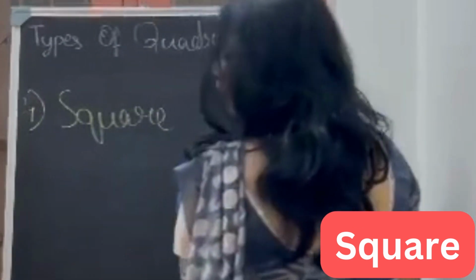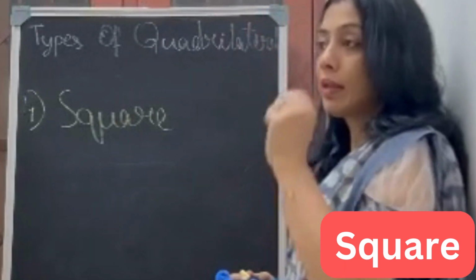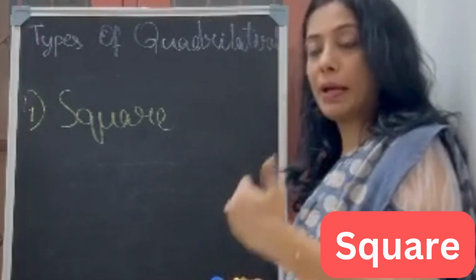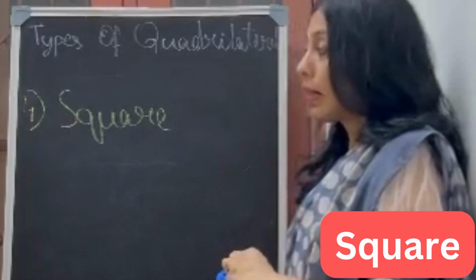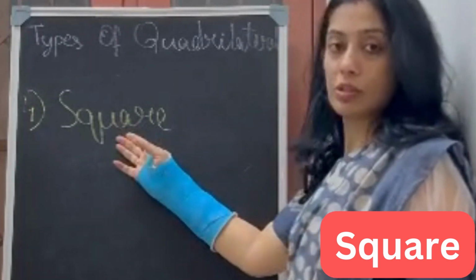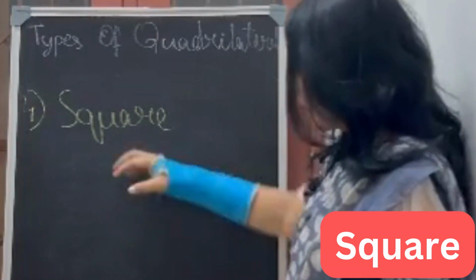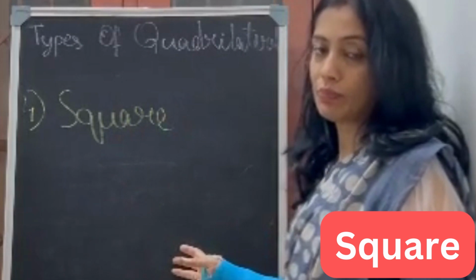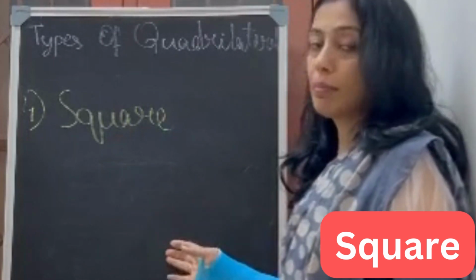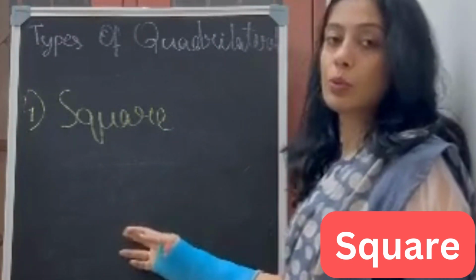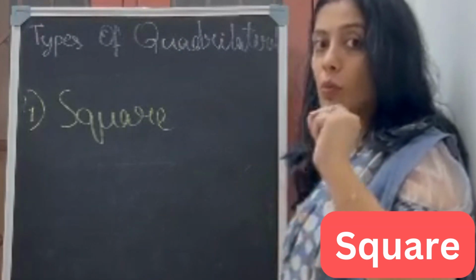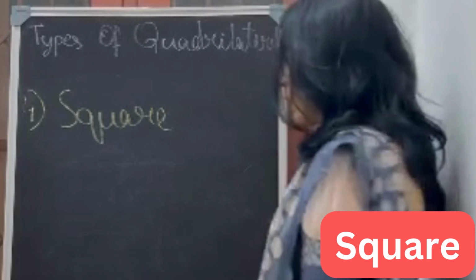So when you are solving the sums, they will give you in the question whether it's a square, a trapezium, a parallelogram, or a rectangle. Understand the question. If it is a square, then it will be very easy. If you have one diagonal, you can find the other diagonal because they are equal to each other. And if it is a parallelogram, the triangles will be equal to each other. So that's the way you will read the question and understand what condition you have to follow.